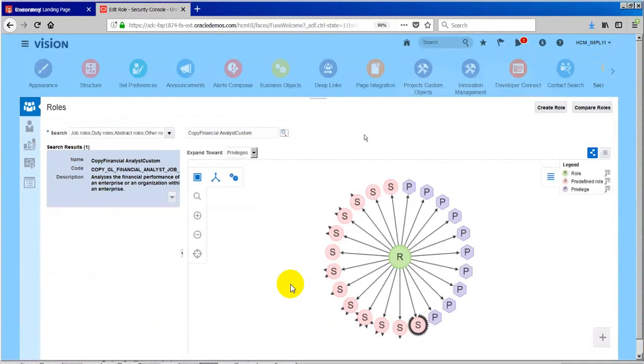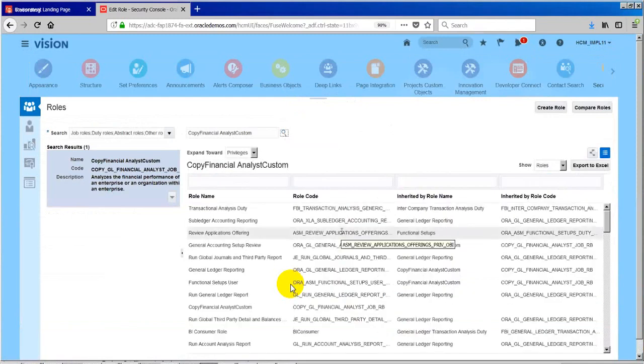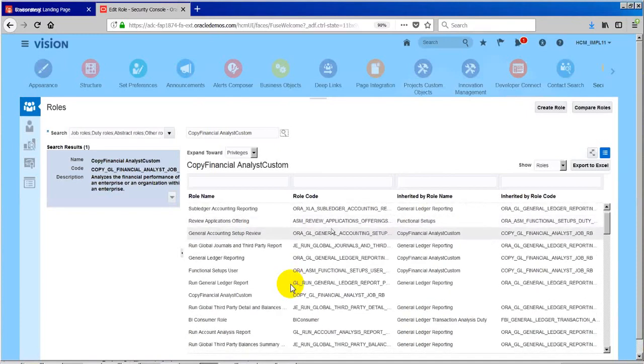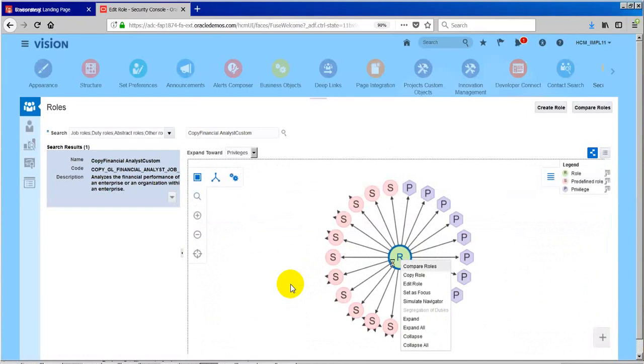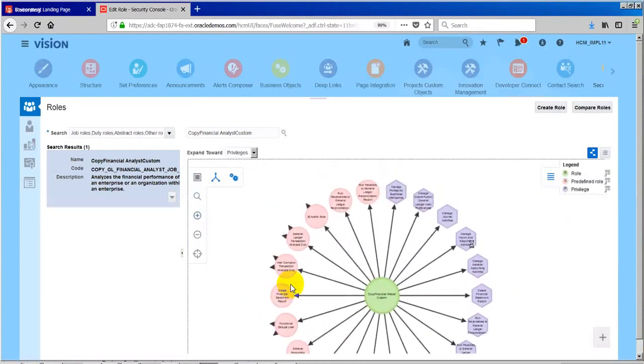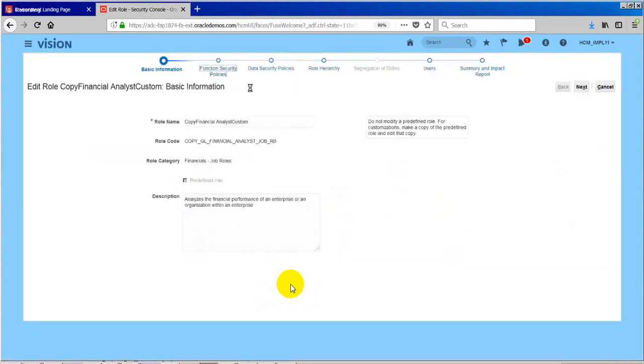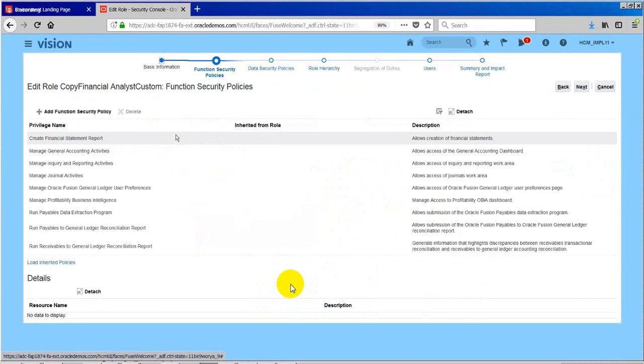Lakshmi, if you want, we can retrieve once again. One doubt here. For example, let's say if unexpectedly I have removed that one, and we need it again. So can we add again? Yeah, you can add it. Just go there and let's see first whether it is gone. So it is gone now. If you want to add it, just go to that function security policies and click on the plus icon and add it.